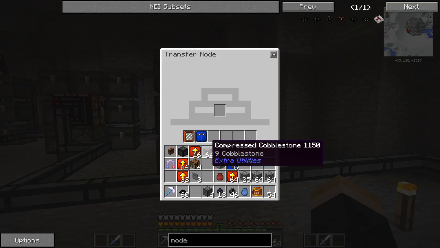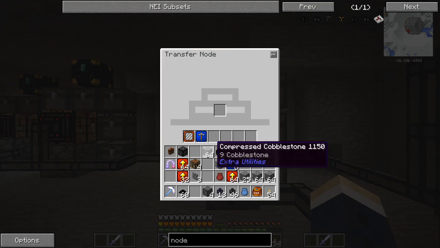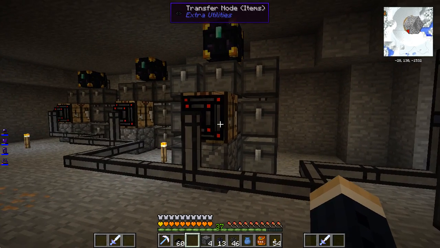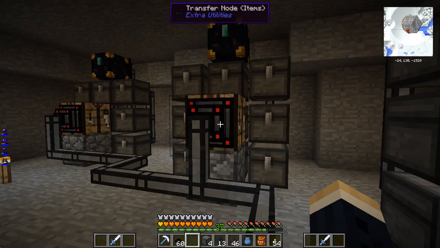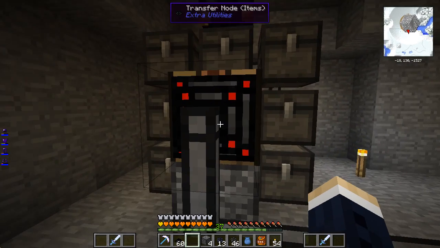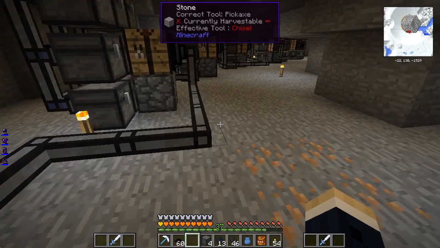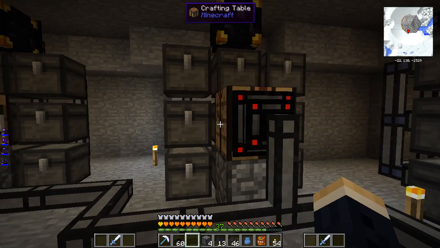Alright, so you will each get 16 speed interaction upgrades. All you guys that have to do the searching. Alright, which means you. That means you. And you. Alright, now that'll make these guys go faster. You're full of cobble. So